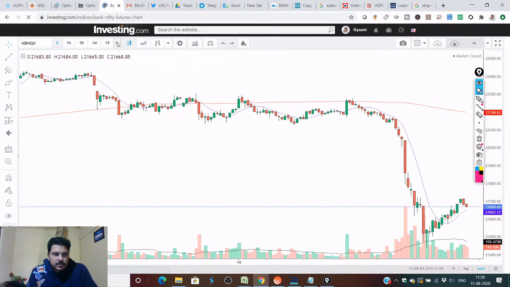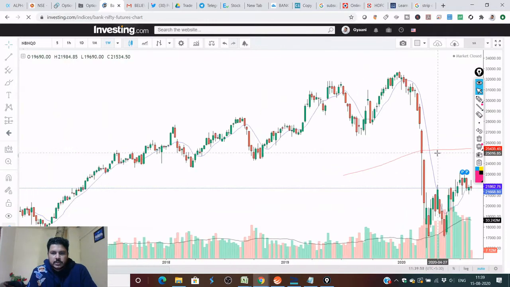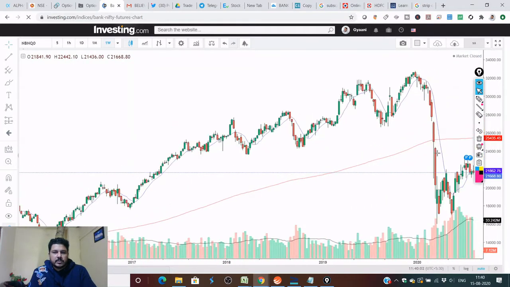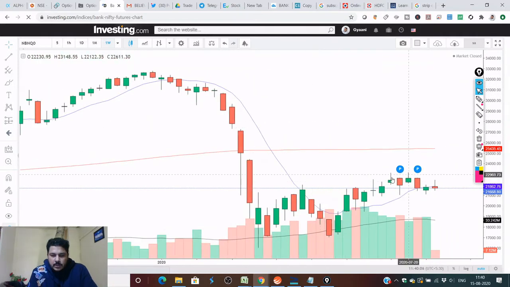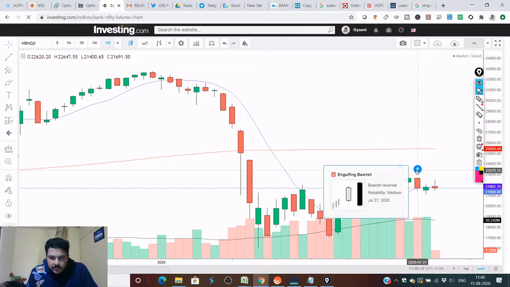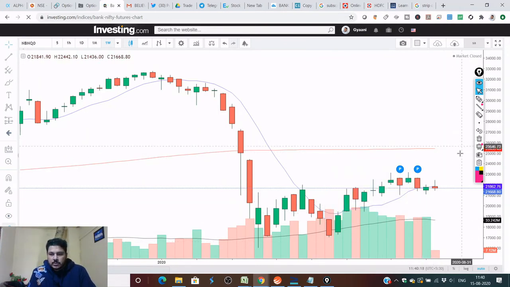Okay, so this is our weekly chart. Cool. So let me zoom it a little bit for you. We have got two reversal patterns. One is bearish engulfing, both bearish engulfing. One green candle which was trying to go up has been taken over by a red candle. So we can see that the market is still holding at these levels,